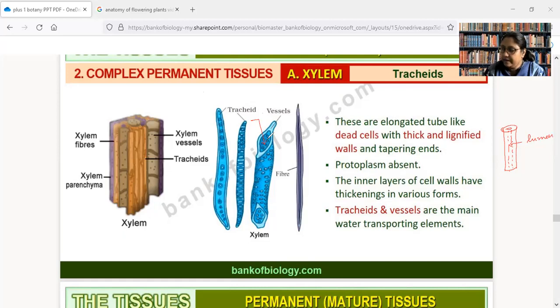And actually in some cases tracheids may have procambium and they can help in secondary growth too. But initially, although they have the ability to divide, slowly and gradually the meristematic tissues convert into permanent tissue to form tracheids and trachea. Okay, let us move ahead.